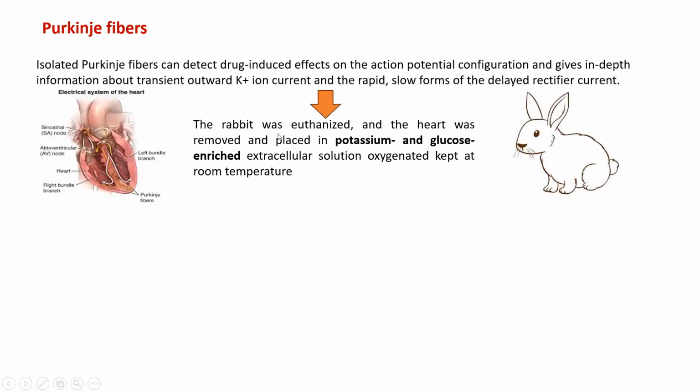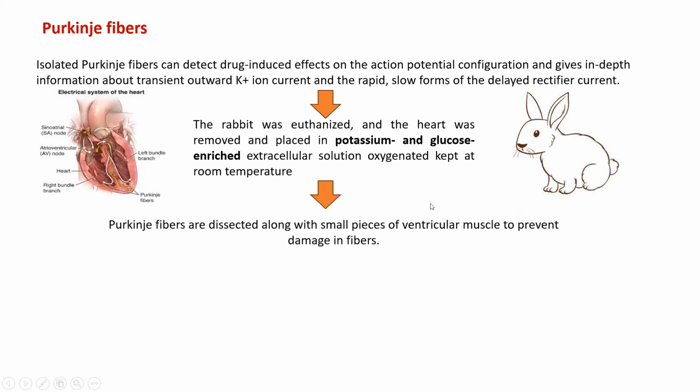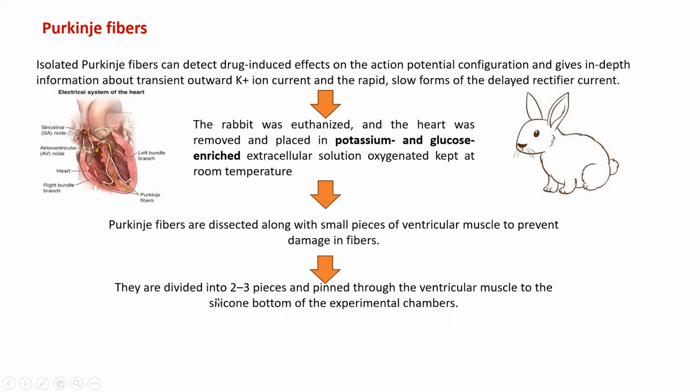So in this case, first the rabbit has to be euthanized and the heart removed and placed in potassium and glucose enriched extracellular solution which is oxygenated, and kept at room temperature. Then the Purkinje fibers are dissected along with small pieces of ventricular muscle to prevent damage to the fibers. Then these fibers are divided into 2 to 3 pieces and pinned through the ventricular muscle to the silicon